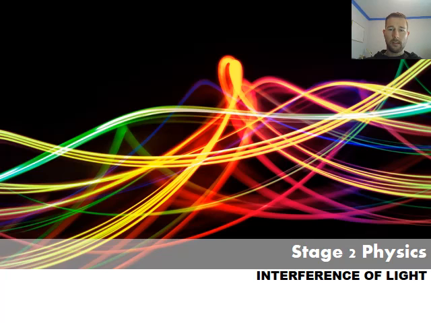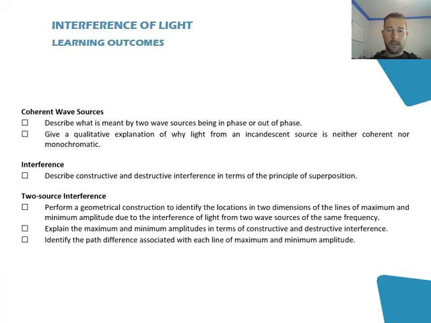This is the second topic for the third chapter of the syllabus, which is the interference of light. In this particular presentation, we're going to be looking at a few definitions. This is actually a very big topic in the syllabus. These are the first 3 dot points from this topic. However, in this presentation, we're just going to cover the first one, and in order to do that, a few